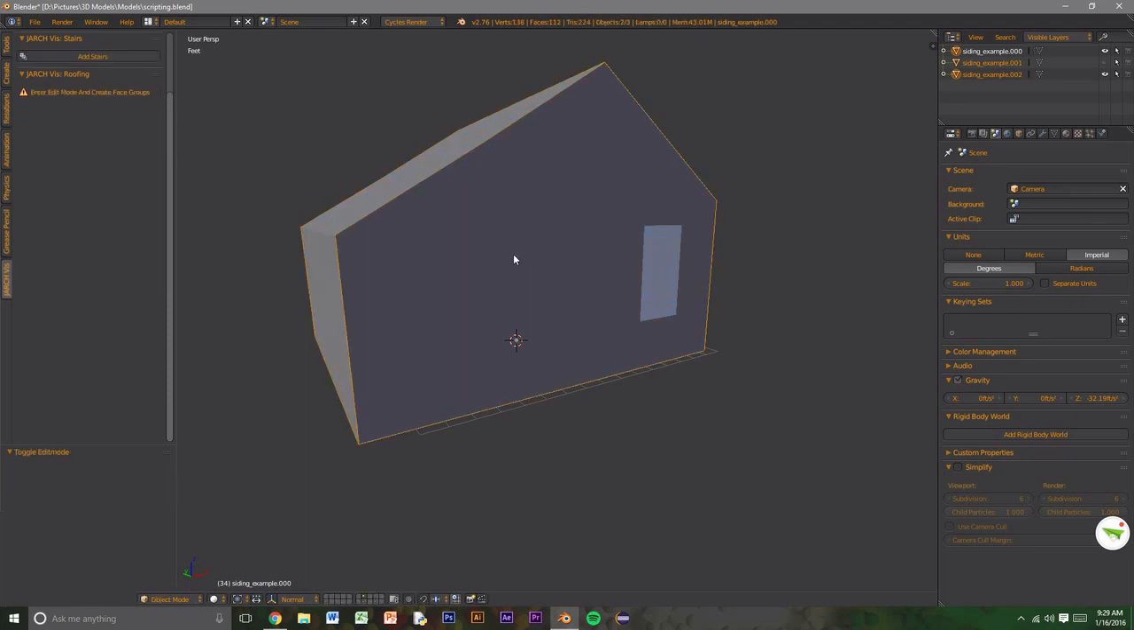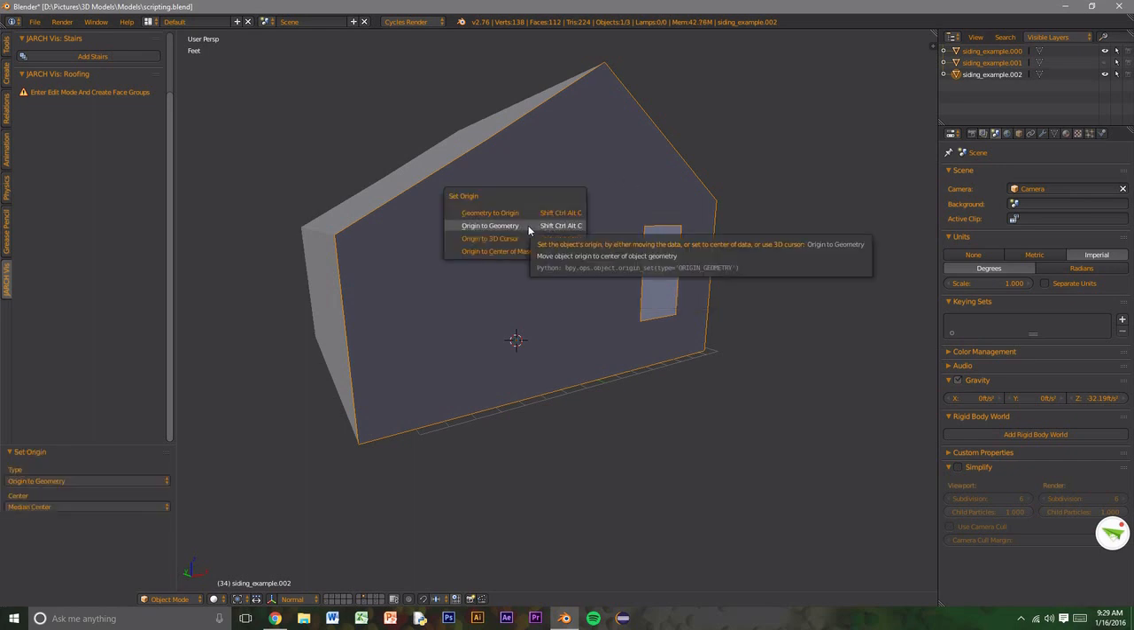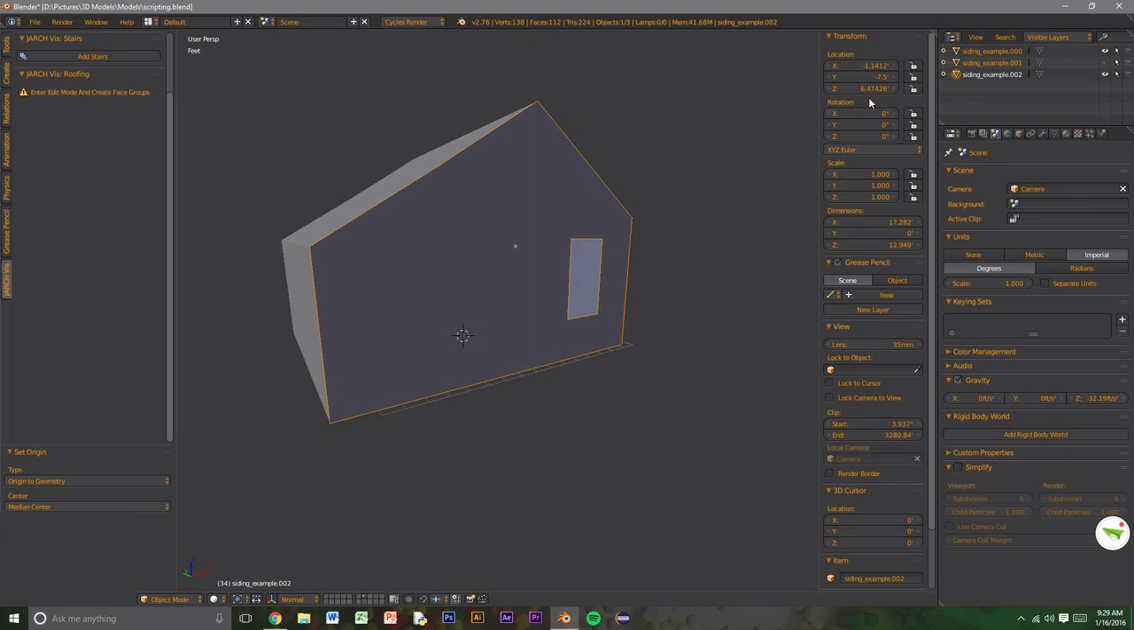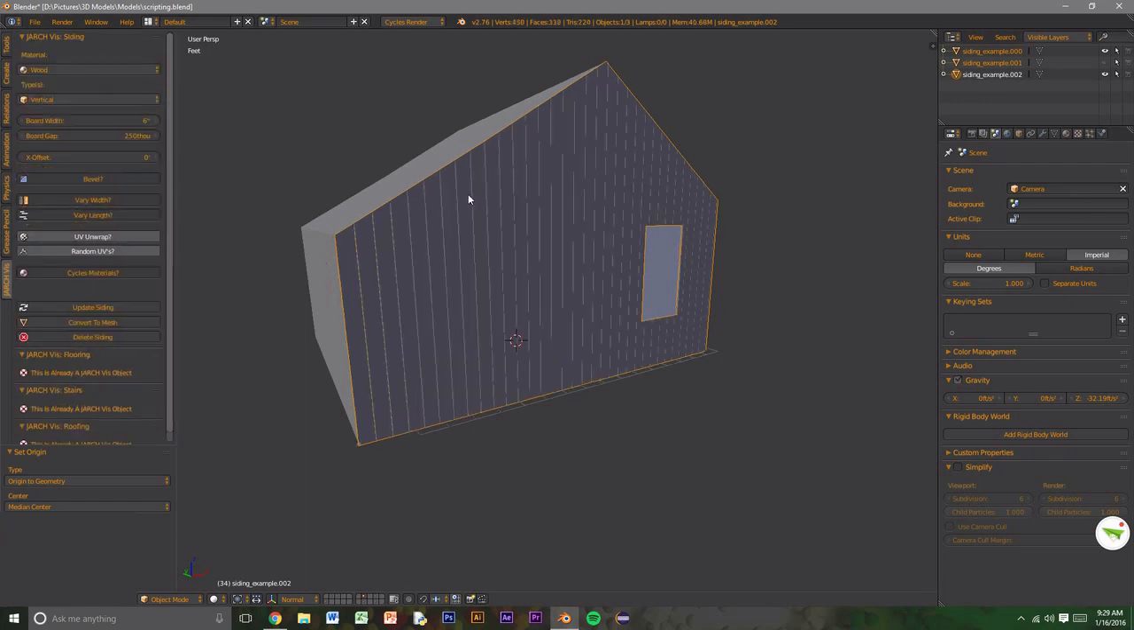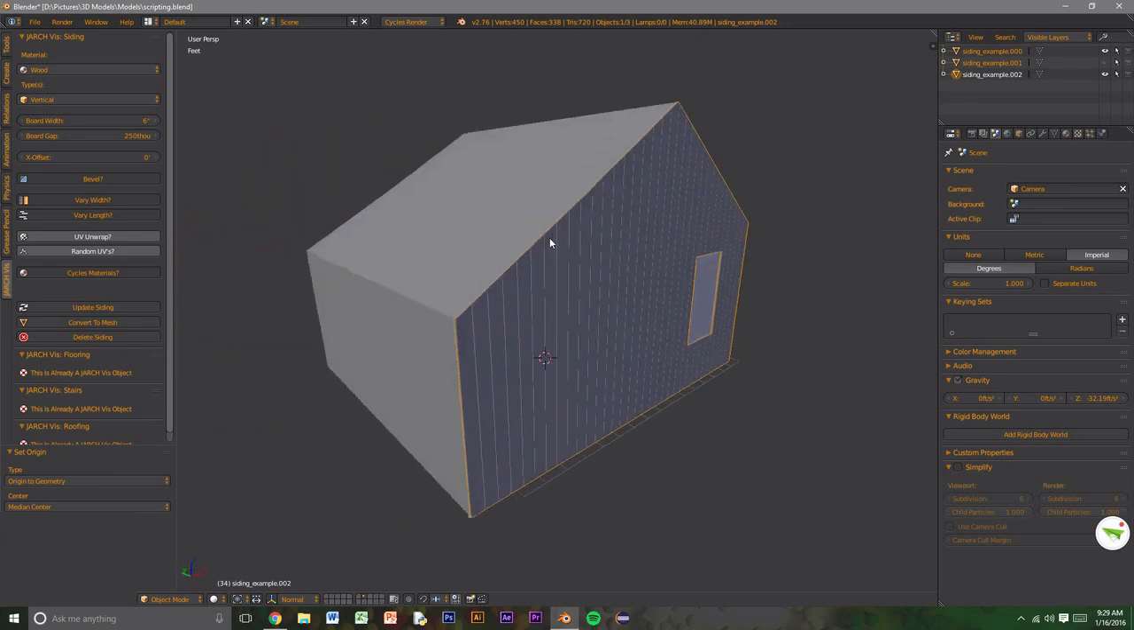We'll exit back out of edit mode, select the object. We'll shift the origin to the object itself, so that is origin to geometry. And then we want to make sure that the rotation is 0 and that the scale is 0. These are important to make sure that both of these have been applied. If they're not, then you can just apply the scale and rotation as needed. Then all we have to do is just click Convert to Siding, and it'll automatically take that shape and cut